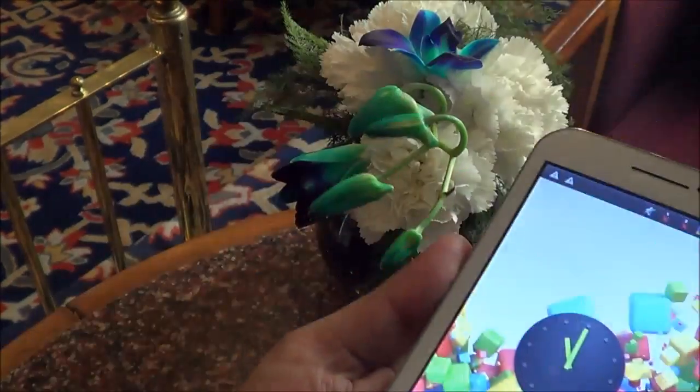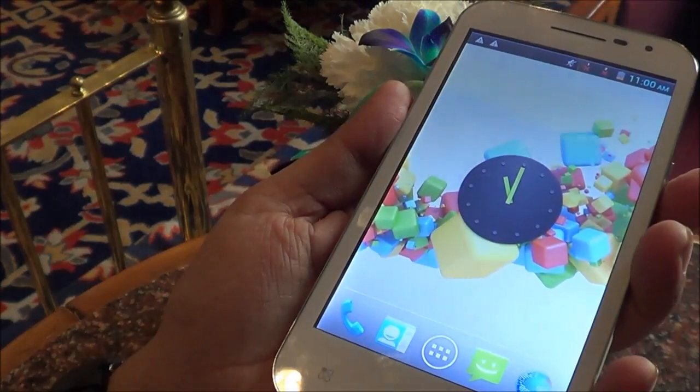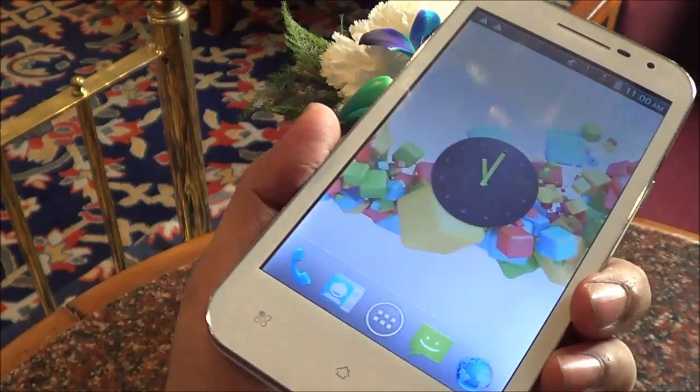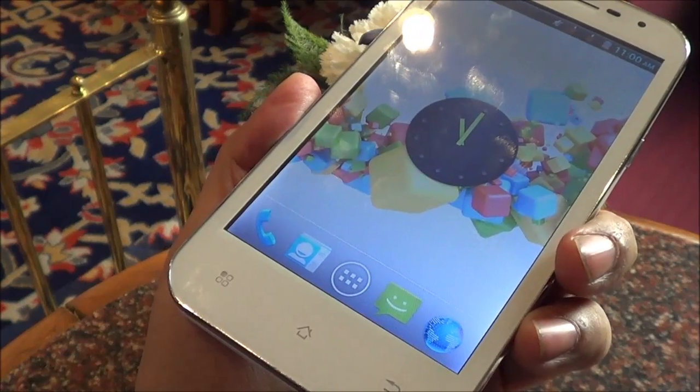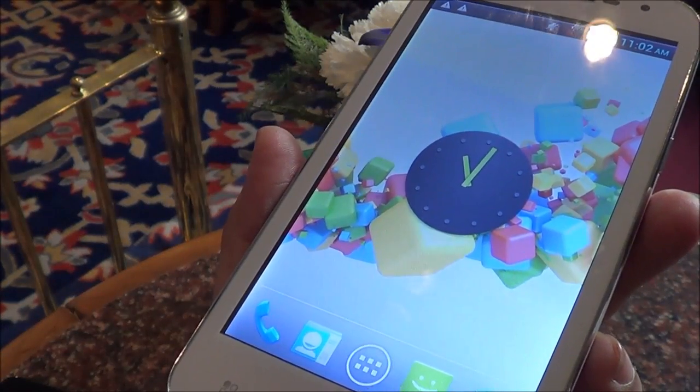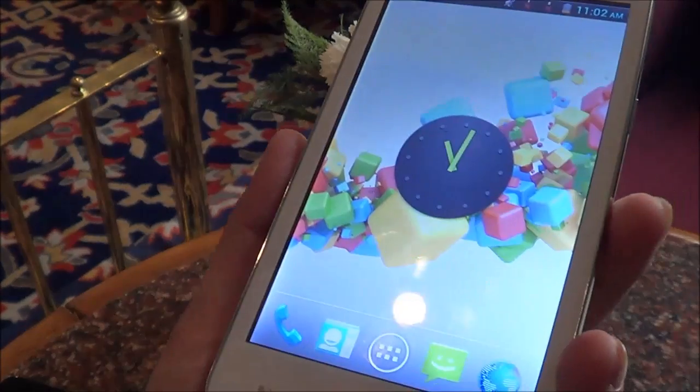But in terms of weight, I do feel that this device is slightly heavier as compared to the A110. As far as the screen is concerned, you get a 5-inch IPS LCD display. As far as the display is concerned, you get a WVGA 480 by 800 pixels resolution on this device, and